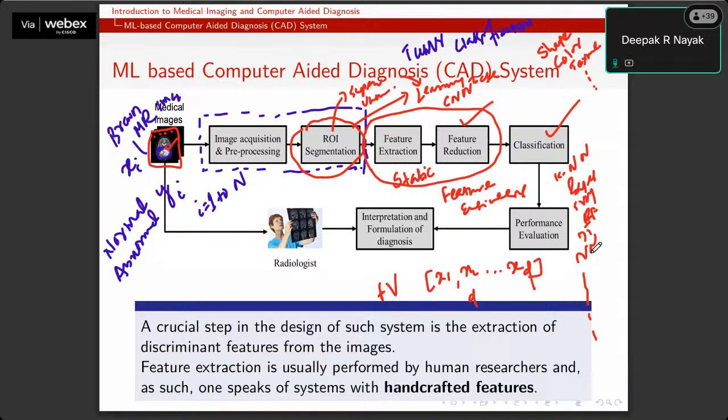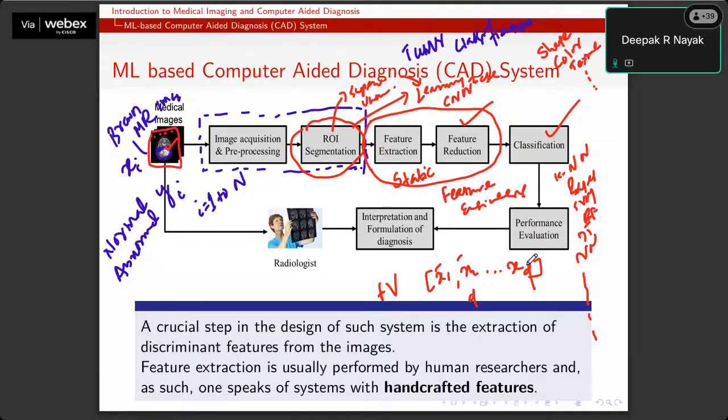At the same time, there are some algorithms like neural networks, and because of this high input dimension, the number of parameters is going to be very, very high, right? We'll see what will happen if the number of parameters in the neural network is very, very high, and why we're interested in extracting the features rather than using the raw features. So that is our goal here: to extract the features, store them in a feature vector, and this D value should again depend on the kind of features you are extracting.